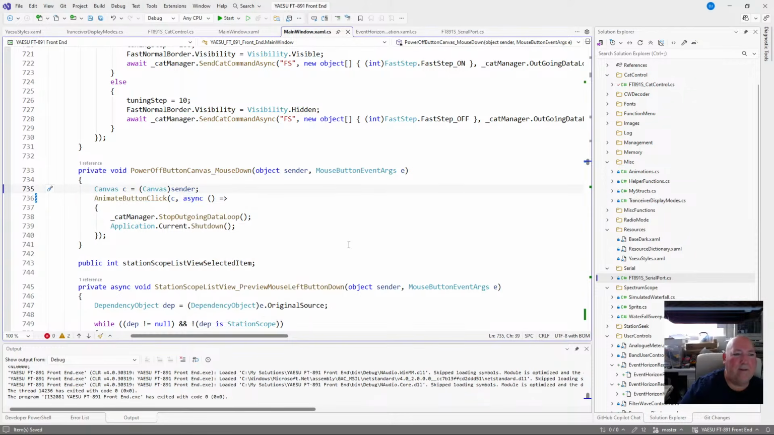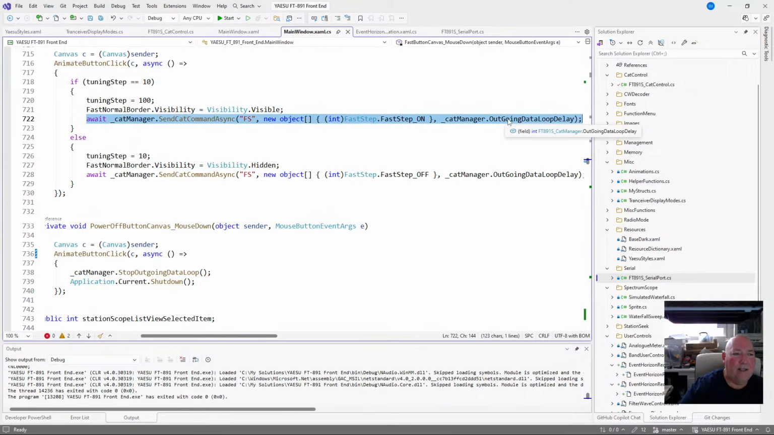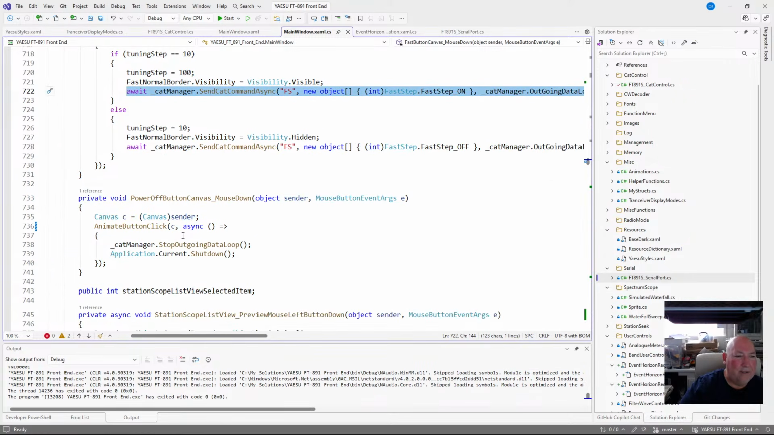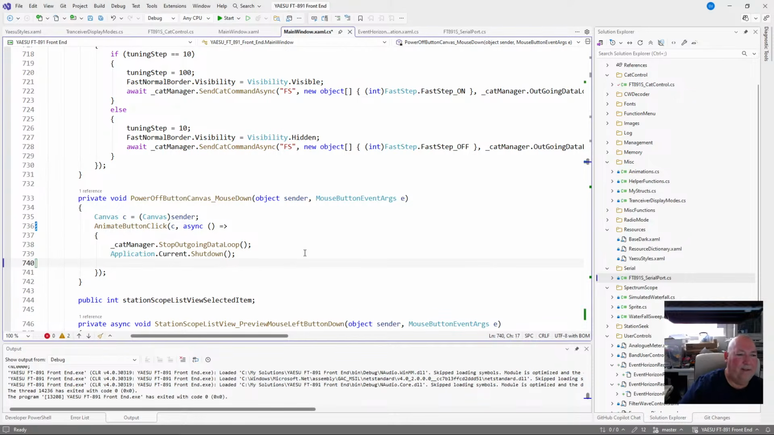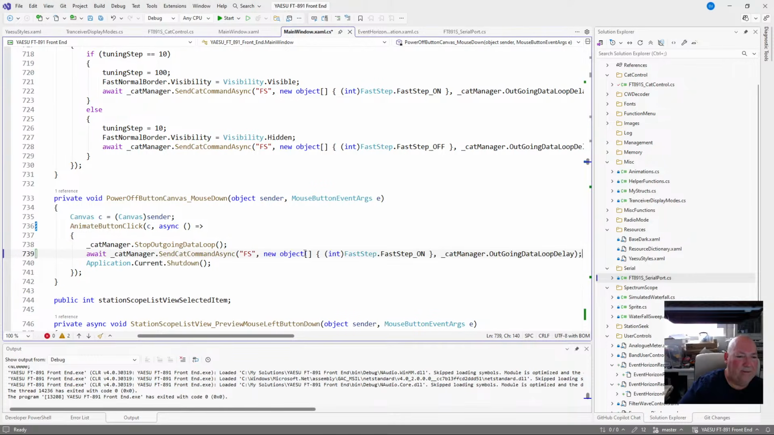So do we have one that we've used recently? Yeah, FS. Here it is. I'll copy this one down here. Since we're powering it off, we start the program, we don't press the power button, but we need to be able to toggle it, so we'll need a toggle. For the minute, let's just see if we can turn it off. We can't do it if we shut the application down, so we need to stop the outgoing data loop, and then we need to await the power switch,